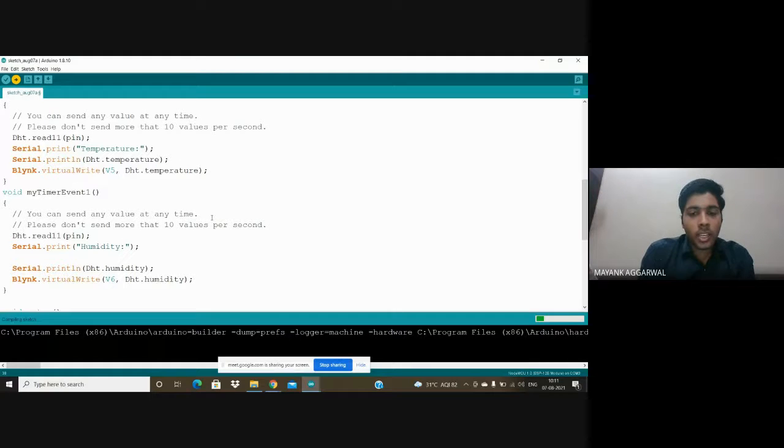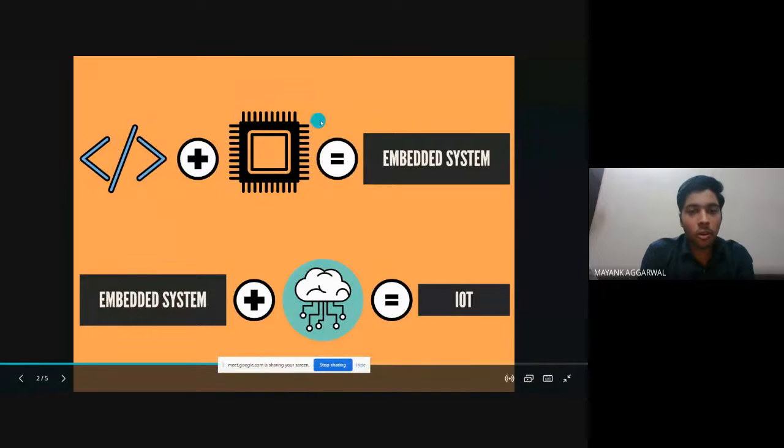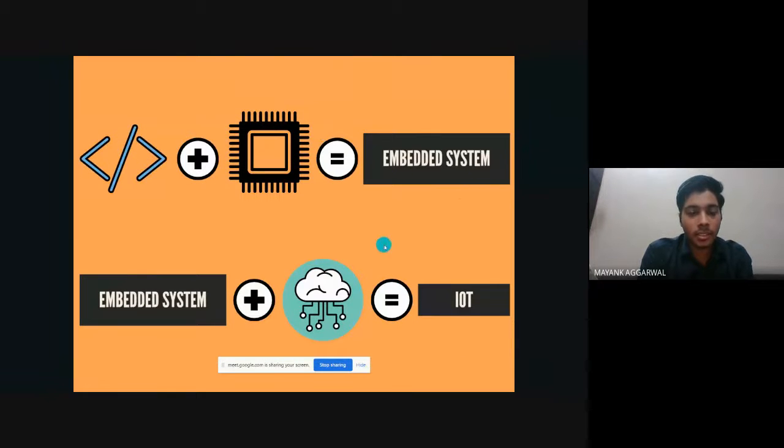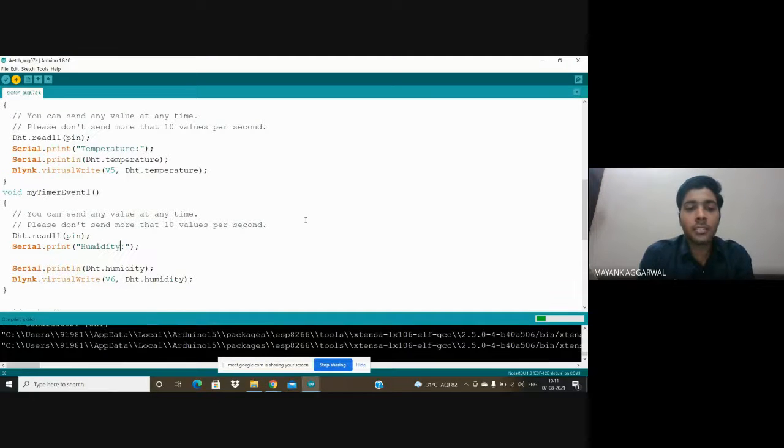So what I'm doing right now, I have created an embedded system just now. You can see I have fused the software into hardware, and I have created an embedded system. What that embedded system is doing is giving me values of temperature and humidity, and printing that data onto the screen. I'll show that to you. It's just compiling the sketch and uploading. So after that,